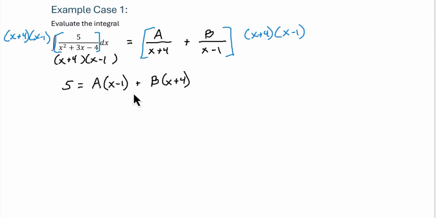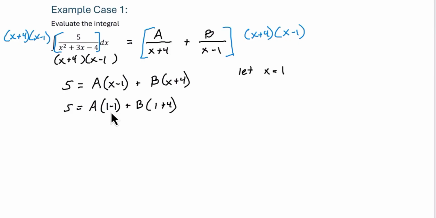At this point, there's a couple different techniques we can use. Since these are both linear factors, the easiest way to attack this problem is to choose clever values for x so that one of the letters will eventually disappear by creating a 0. For example, if we let x equal 1,